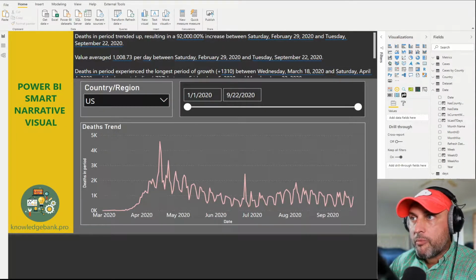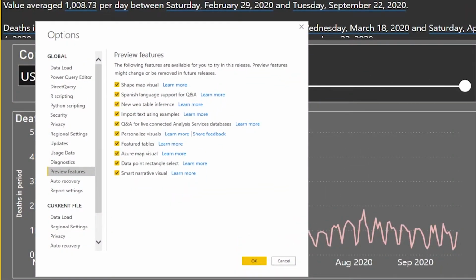Today we're talking about Power BI Smart Narrative Visual. It's a recent addition to Power BI capabilities, so let's take a look at how well it works and whether it's ready for prime time. The first thing you want to do is download the latest version